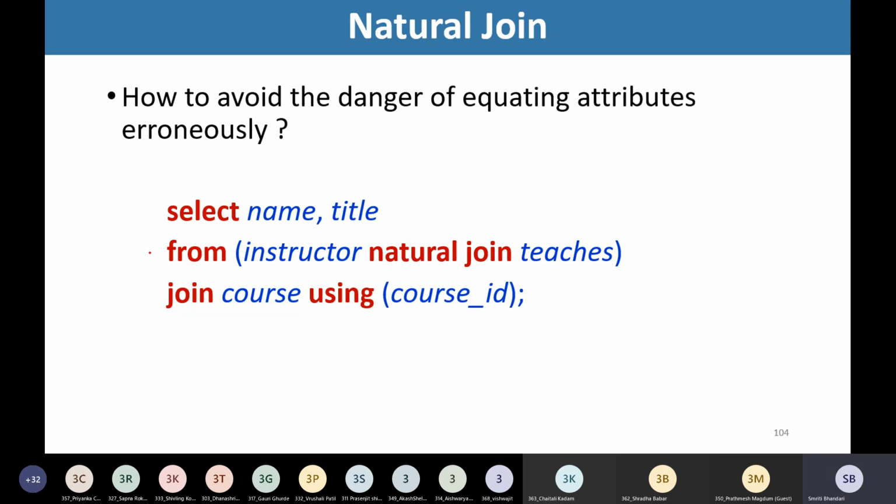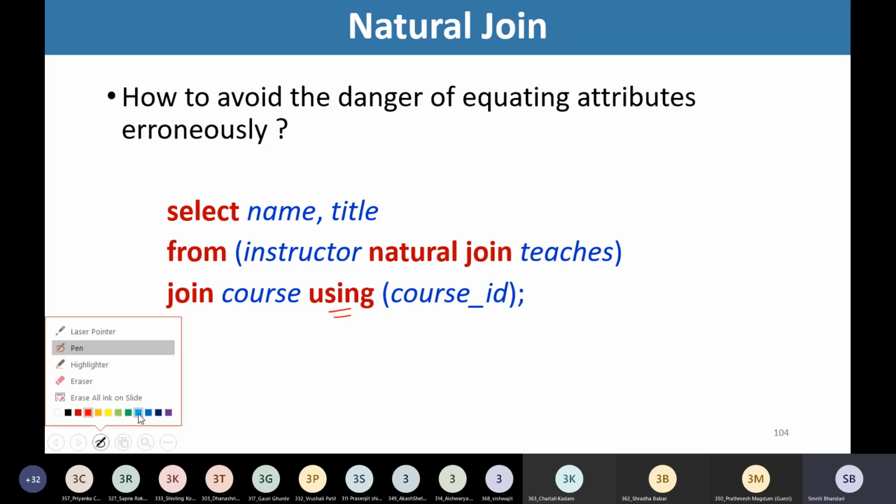So see here what we are trying to do. We are having this using clause. So now we are going to make use of this using clause. So see here how we are writing the statement. Select name, comma title from instructor natural join teaches.